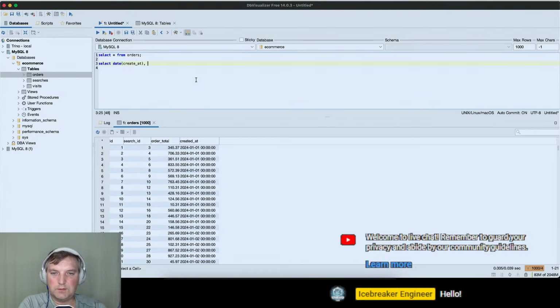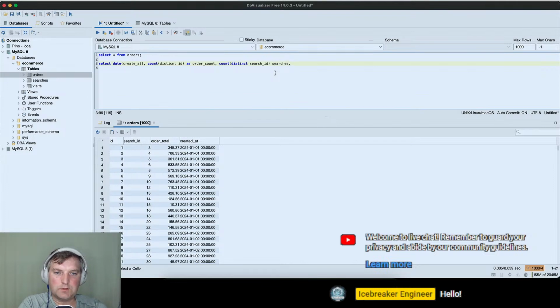We also want to count distinct ID as order count. We also want to count distinct search ID, the amount of searches, as searches.